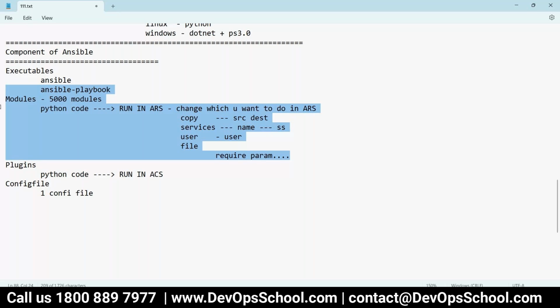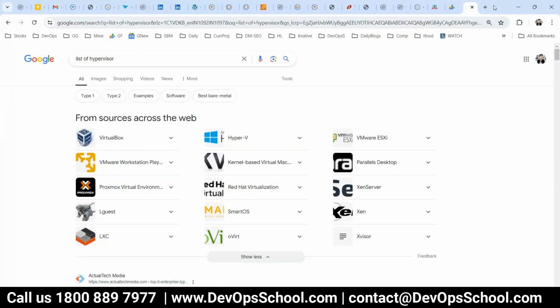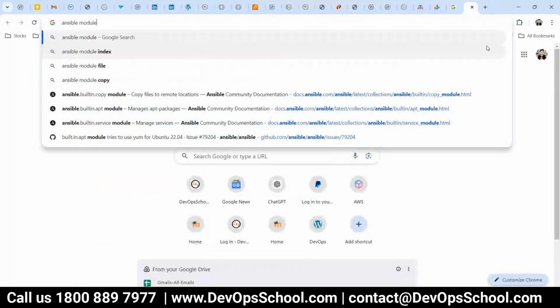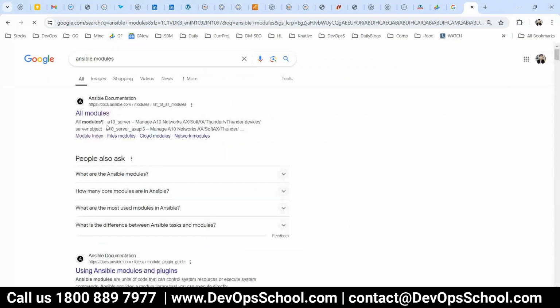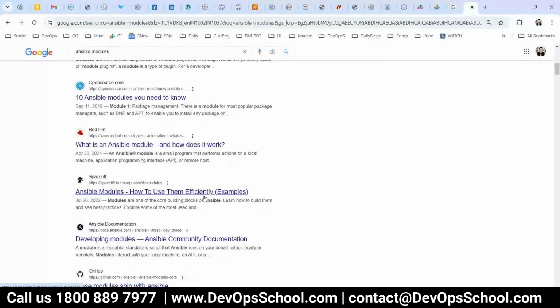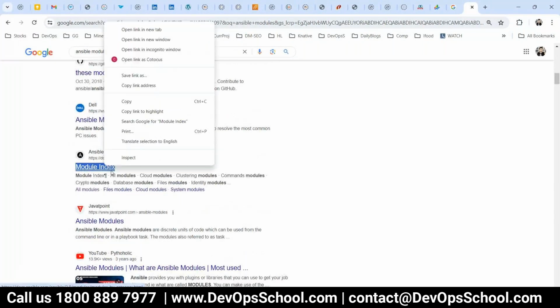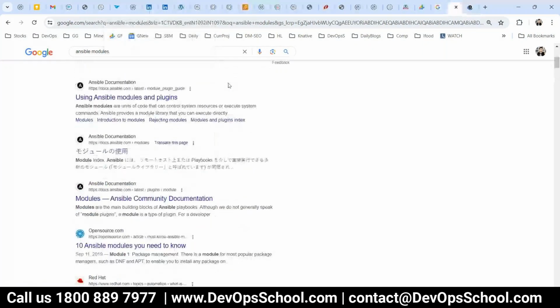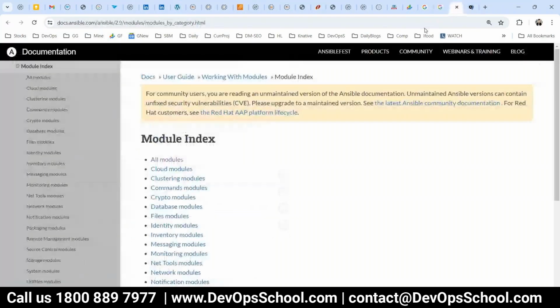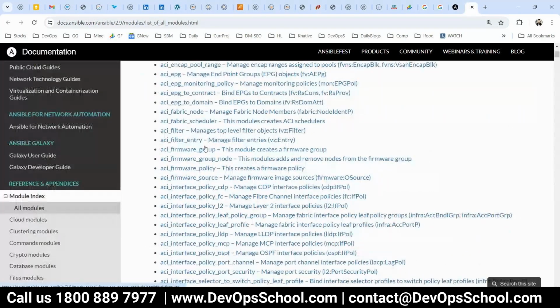Okay, now guys, I want to show you some module locations which you can find. So here, Ansible modules, and here you see so many pages are there nowadays. All modules. These are the locations. Okay, module index, and here many have been written here also. And if you see, these are the categories.